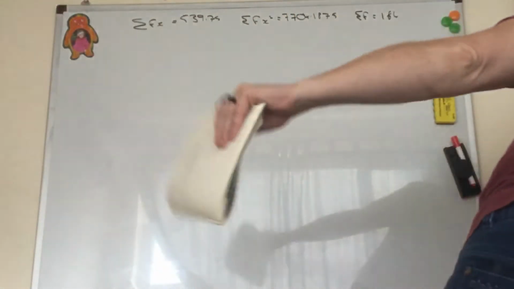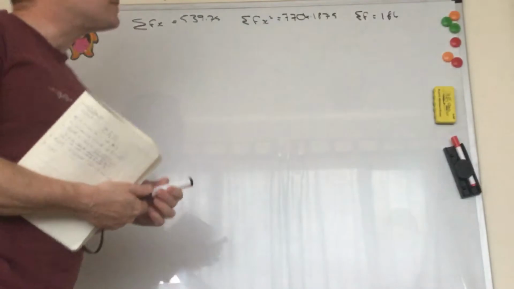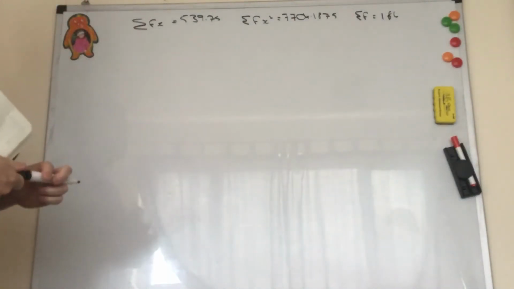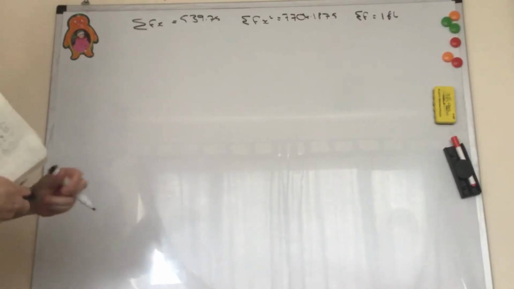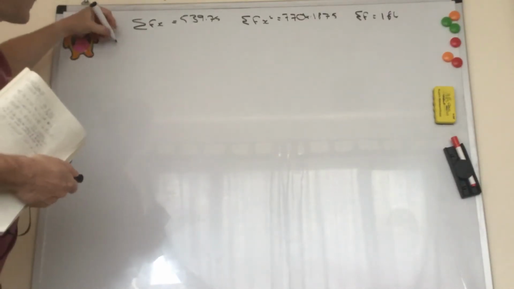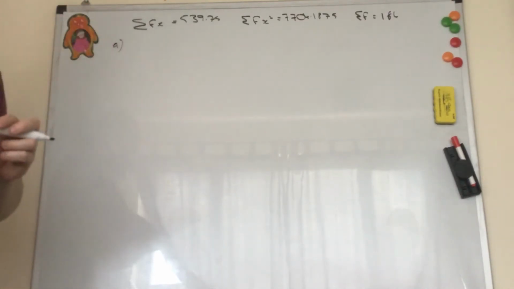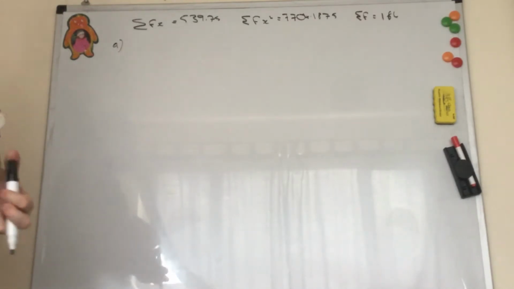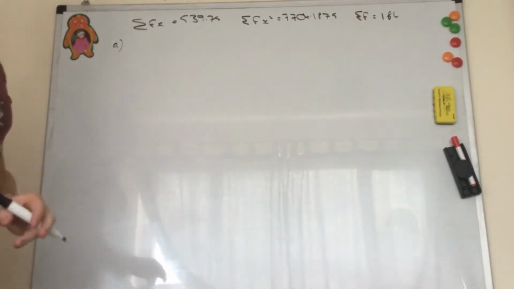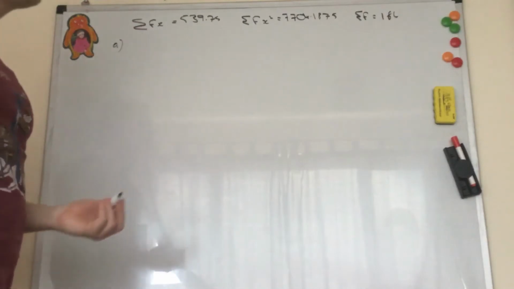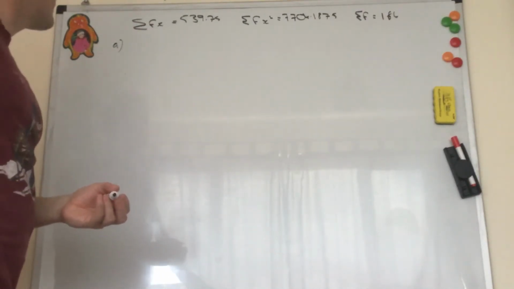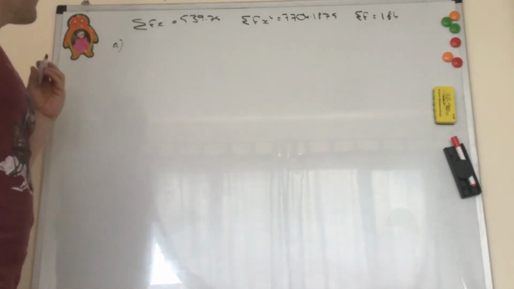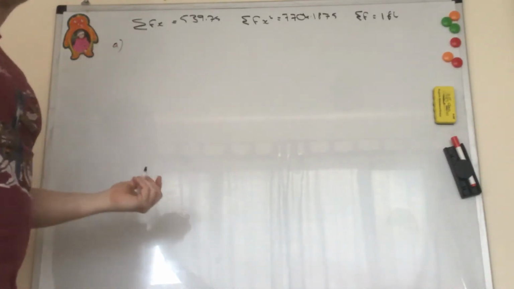Okay, question 4. We've got a table of data from a large data set about rainfall in Herne. The first question is, why does Josh need to clean the data? If you looked at the large data sets and you looked at the things for rainfall, you'll see there's lots of entries that say TR, which stands for there's a trace of rain but not enough to work out the number of millimetres. So this would be the reason why I have to clean the data, because it's